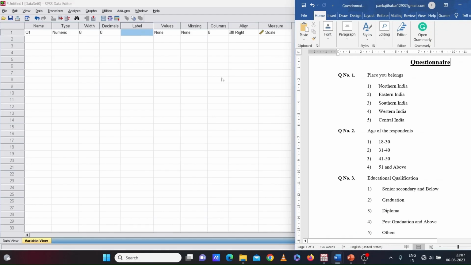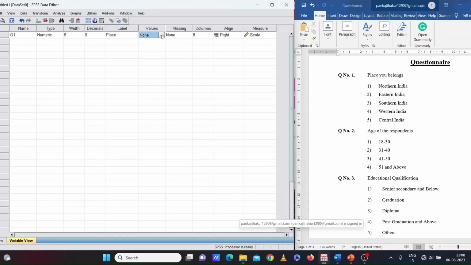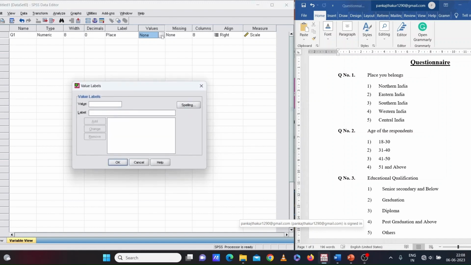Label is the description for the question. So here we will write the place. In this column we have values, and when we click on this box, we get another pop-up menu in which there is written value. So we will write value 1, and the label for that value we will write northern India.